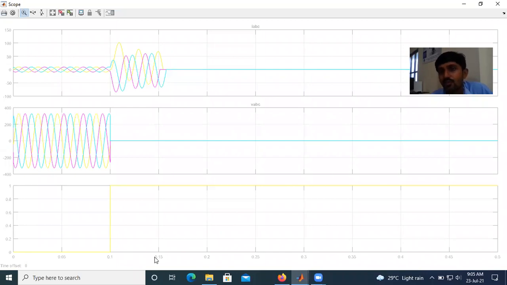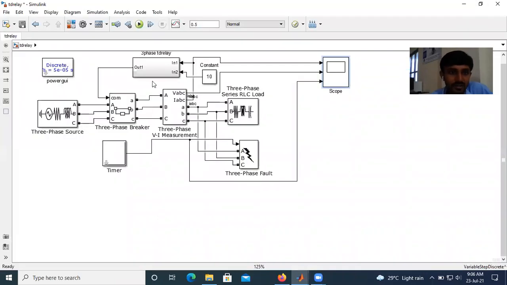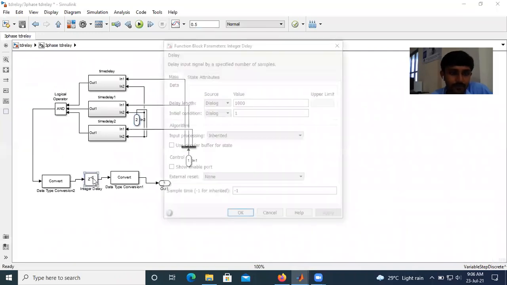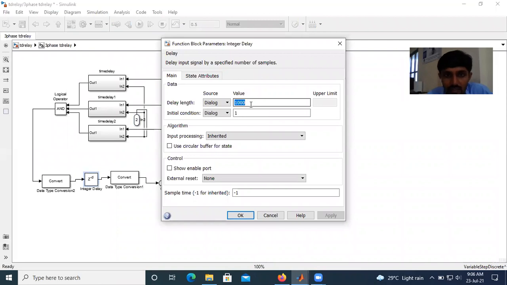But sometimes the equipment can take this current only for a short time, and we must not exceed that limit. We have to cut down the current at this point. So we have to change our delay time. This is our delay time, a microsecond value. We change this value to 200 microseconds.